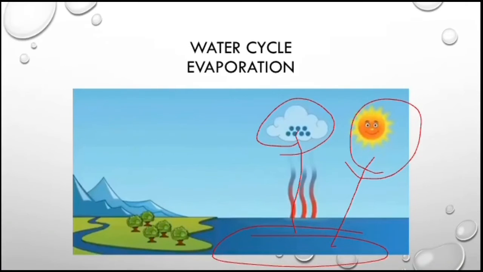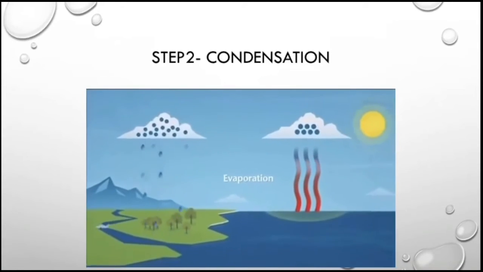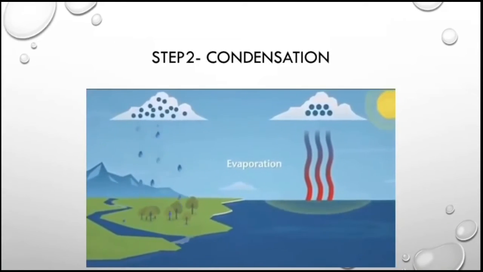As I said in the last class, you would have seen your mother boiling water. When you boil water, you can see the steam above the water, and the steam is known as water vapor, right? In the same way, the next step is condensation. What is condensation? In the same way, when the water vapor reaches the sky, it turns into tiny droplets